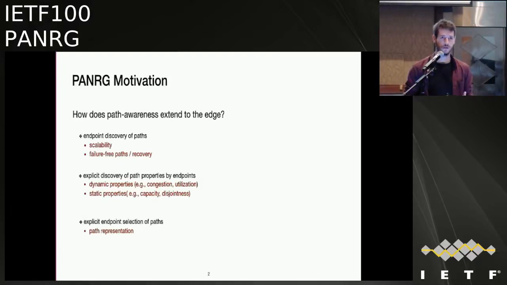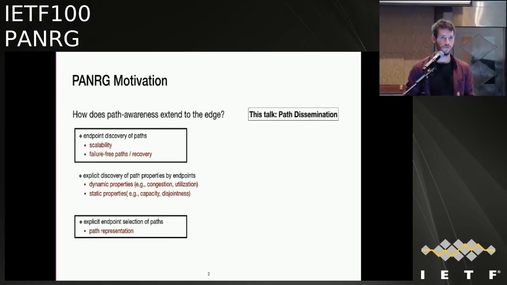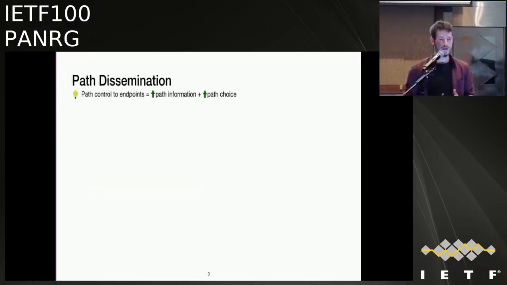One more problem is how do endpoints select paths and how then do they inform the network about the paths that they want to use. So in this presentation, I will cover some aspects that are related to the first and the third sub-questions. So the focus of this research group is the endpoint and how to give more path control to the endpoints, meaning more path information and more path choice. But in order to talk about how path control looks at the endpoints, we will have to talk about how the network assists the endpoints in realizing this higher level of path control.